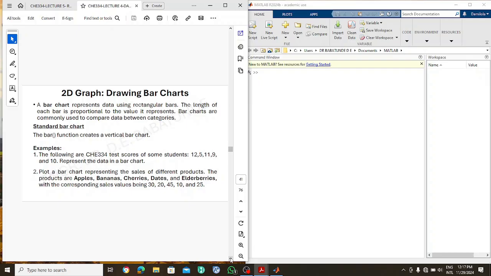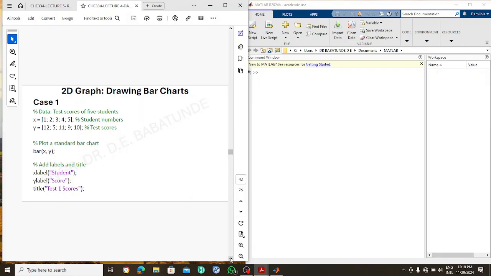So one of the 2D plots that you can make is the bar chart. Okay, so it could be one numeric part and one categorical part, or the two sides could be numeric in nature. So we see those two examples as we move on. So if you want to make a bar chart, the function to use is bar. The regular bar chart that you are used to, the function to use is bar. You open the parentheses and supply the